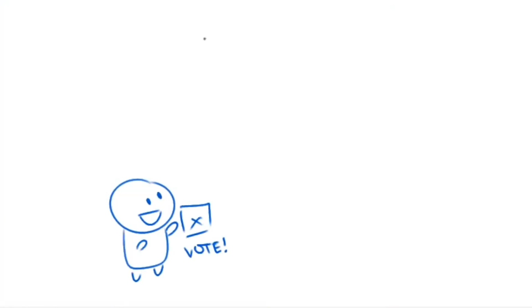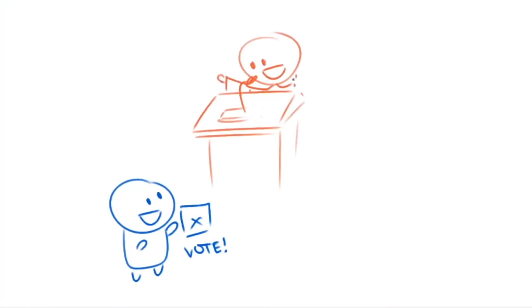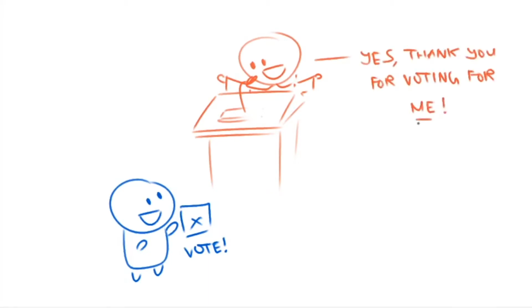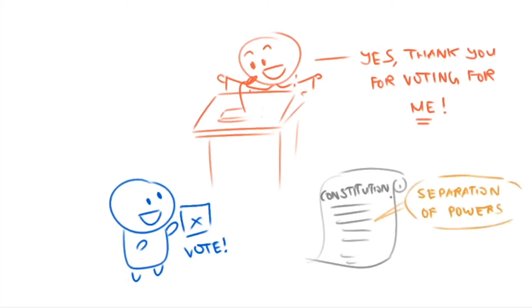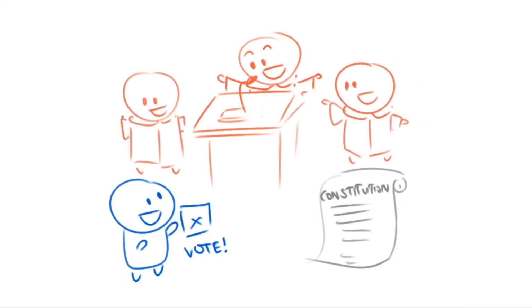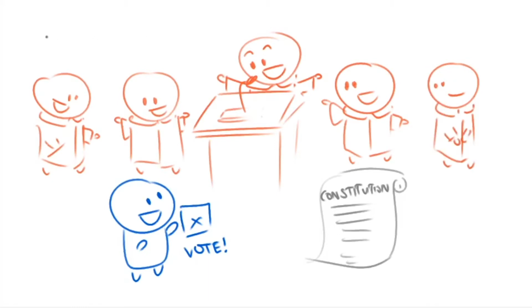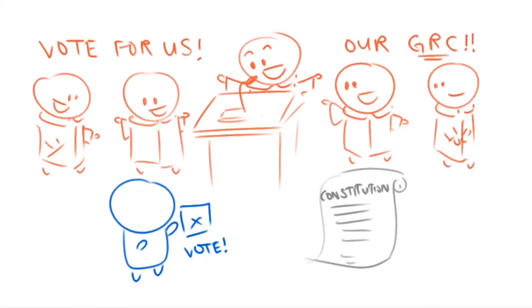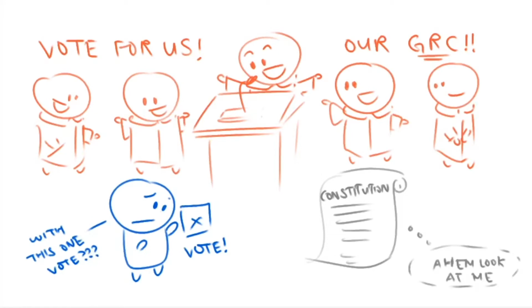With that said, let's talk about the interesting Group Representation Constituency system in Singapore law. In our last video, we talked about the law behind parliamentary elections in Singapore, as well as how these elections are just the principles of separation of powers and democracy in action. But in this video, we'll not be talking about big ideas as much. Instead, we'll focus on one unique feature of general elections in Singapore, the Group Representation Constituency, or GRC, scheme.